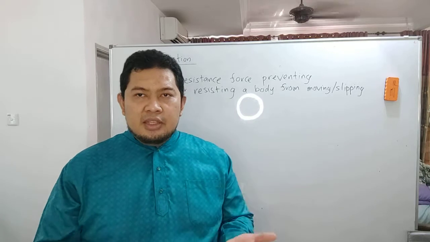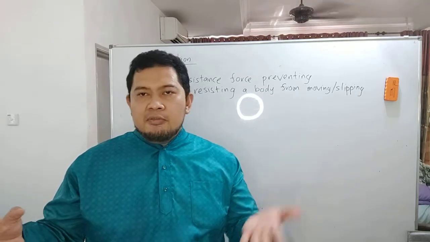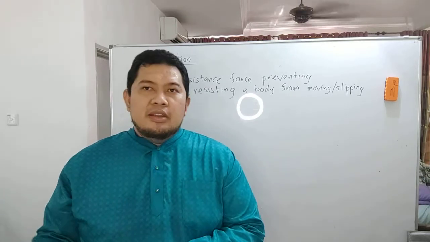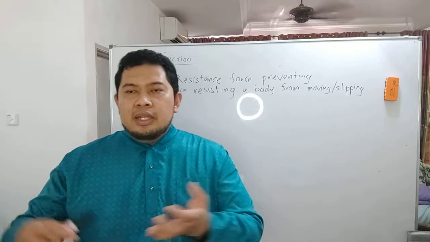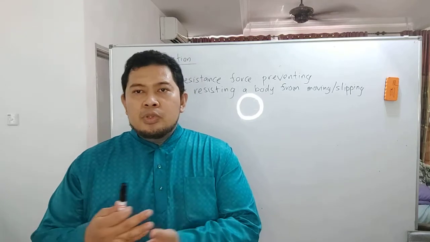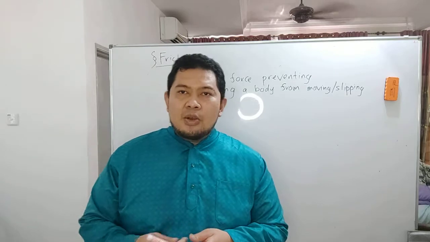For example, in this case, the box is static, it's not moving. When you apply force, there will be a resistance. Basically, it's action and reaction force, where you have the applied force, which is the action force, and then the reaction force, which is the resistance force that comes to resist the force that you applied, preventing the object